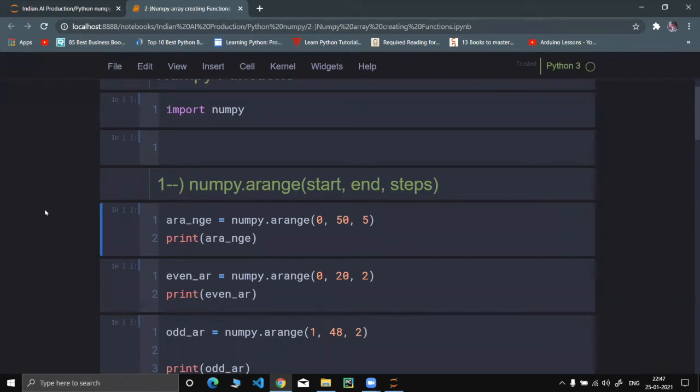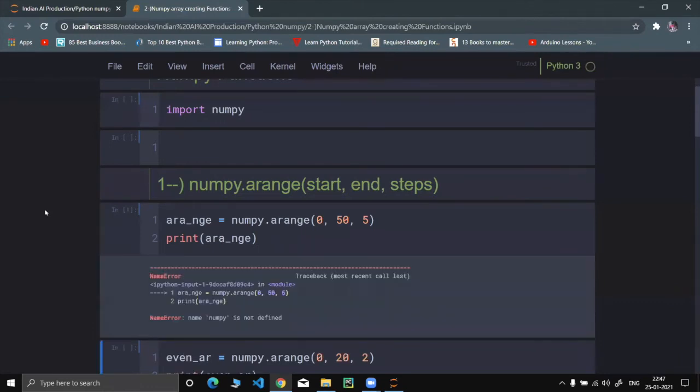The ending point 50 we do not consider. So we'll be printing an array of numbers from 0 to 49 which are divisible by 5, including 0.